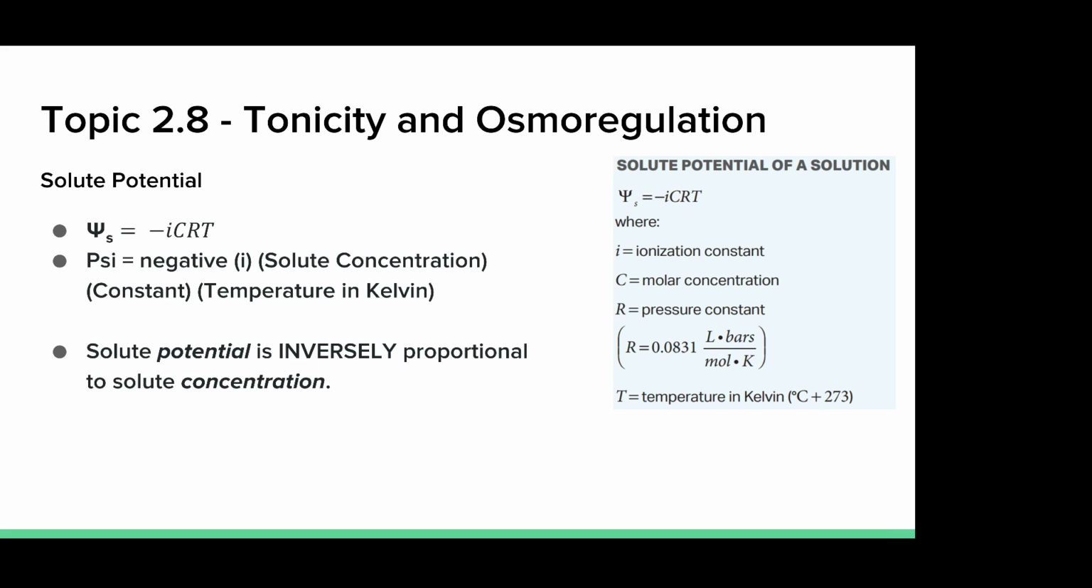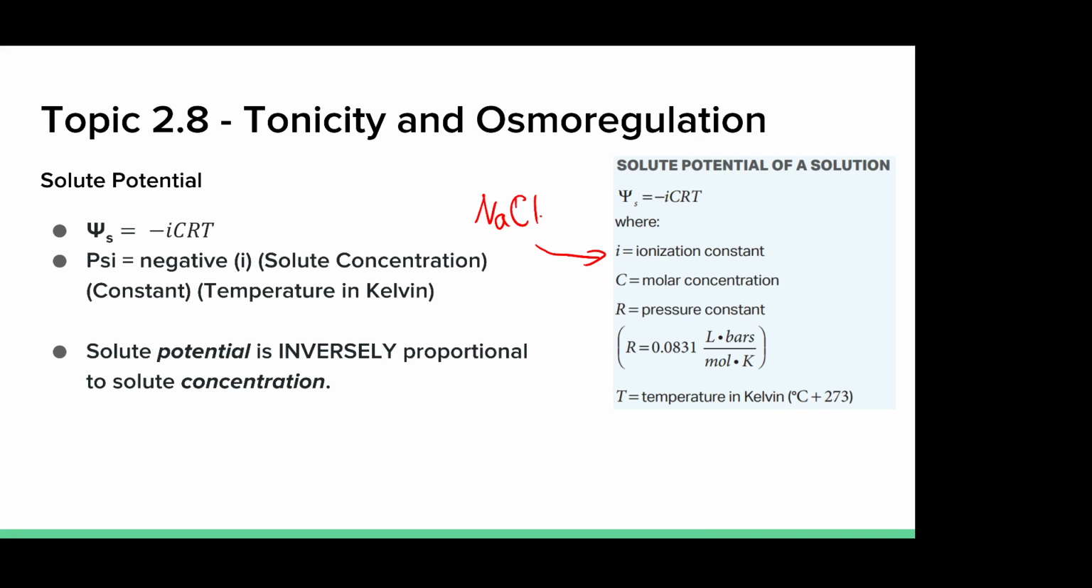Now the i, as we see over here on the right-hand side, which was provided to us by the CED but is also on the formula sheet, although they have the formula in one place and the description on the other side of the page. So i is the ionization constant. We usually do not have to worry about that because we're dealing with polar or nonpolar substances which don't ionize. However, if we were dealing with sodium chloride,